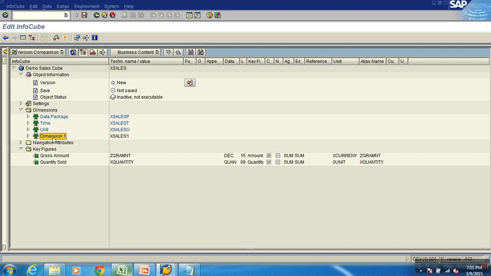Okay. I can assign all the 3 to the same dimension, or I can assign each of these to different dimensions, or document number to one dimension, customer and product to one dimension, or document number and customer to one dimension, product to a separate dimension, or document number and product to one, customer to separate. Any combination I can look at. But which is the best combination, we learn when we see the back end of the cube. When I create this cube, it actually forms a schema in the back end.